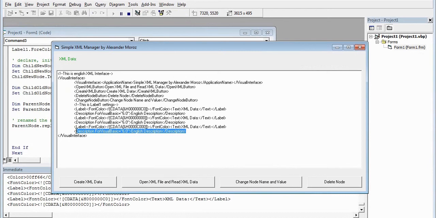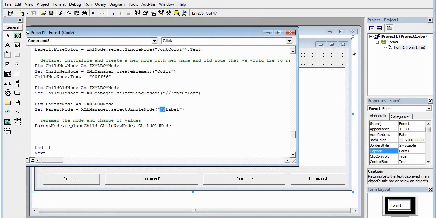Let me teach you how to read XML data, which looks like an XML data node, something like this, which has an XML data description, then it has the attributes for Visual Basic equals some attribute value 6.10, and then the English description, which is the value for the description node. Let me go ahead and show you how to read this complex node, and we're going to be done with our XML